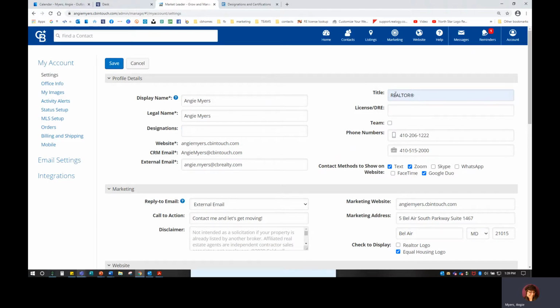Over here for title, you can be a realtor or a salesperson or an associate broker. And you'll see there it won't let me type that much into it. You want to make sure that realtor is in all caps and that you do have that little registered symbol. If for some reason you need to get that little registered symbol, you can,